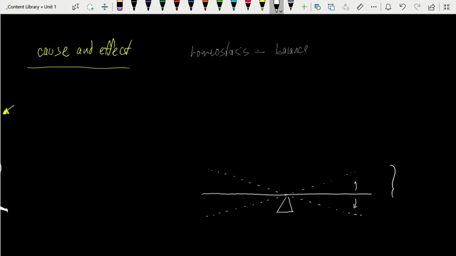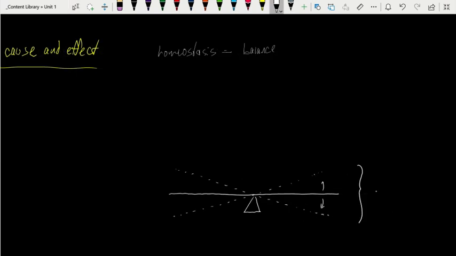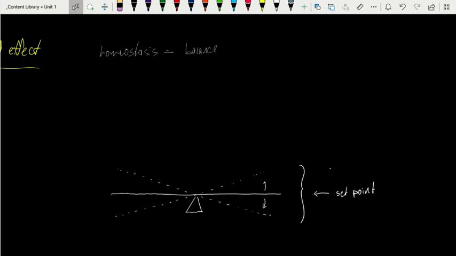Within all of this, we see right here, first and foremost, what we call set point. Set point is where the teeter-totter is when everything is balanced the way it should. We also see this wider range from here to here, what we would call the normal range. But the idea behind homeostasis is that with any movement, we want to be able to adjust parameters to allow us to put the teeter-totter back to this set point.